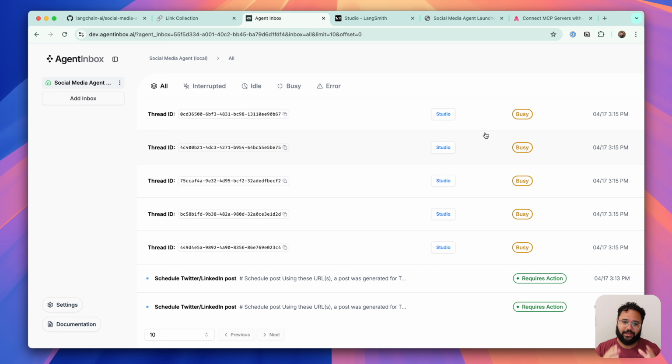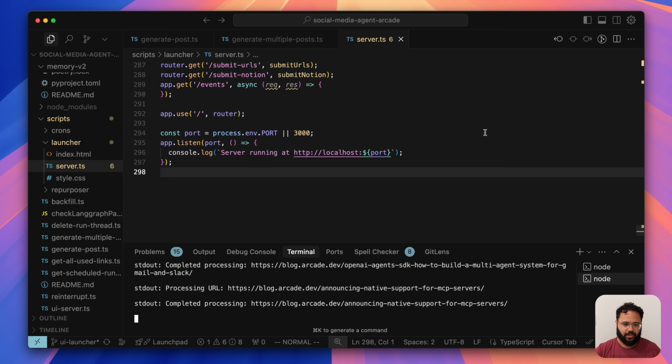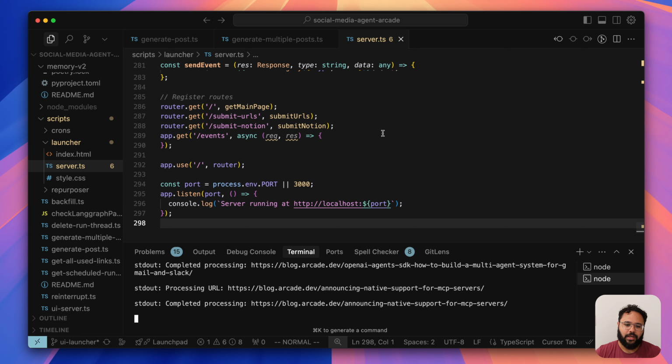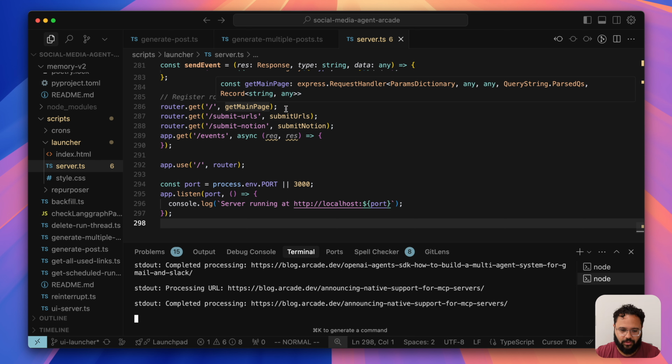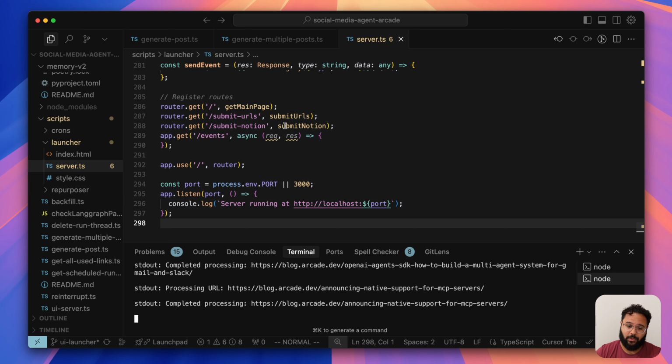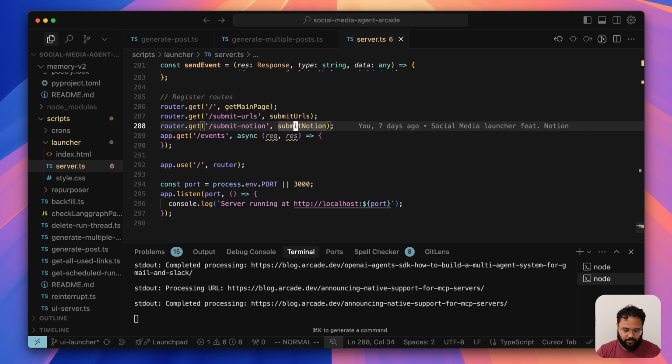But what is very nice is how this is built. It's very easy to actually make this integration. Let me show you. This is an Express.js server, and it has only 3 routes, or really 4 routes. Submit URLs. The main one is just to get the main page, which will draw this in the browser. Then submit URLs will just get plain URLs on the request, and then submit Notion, which gets the